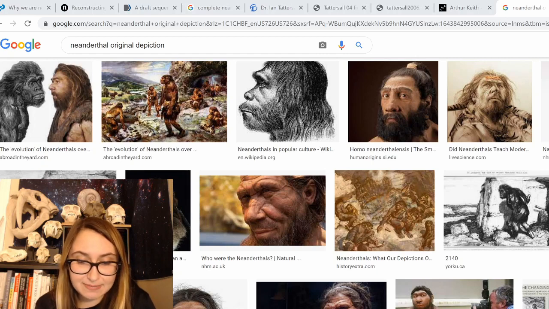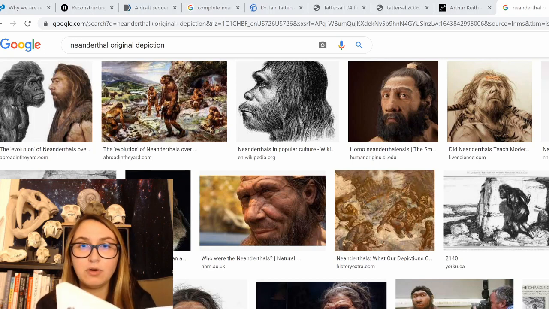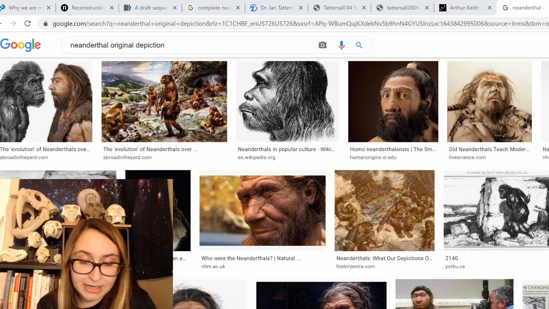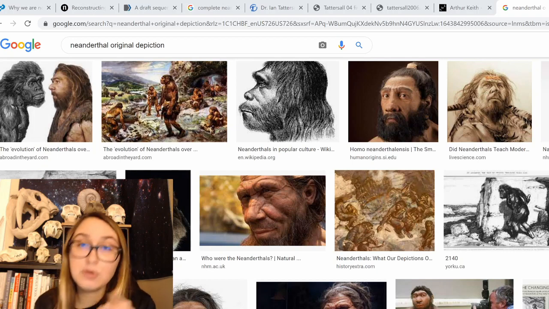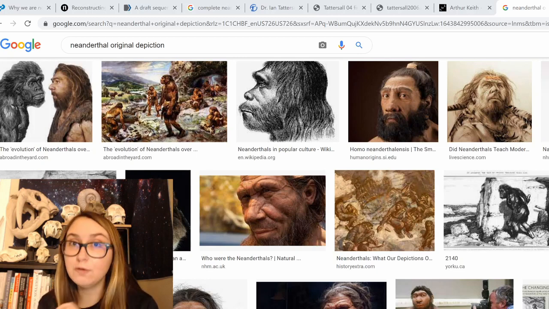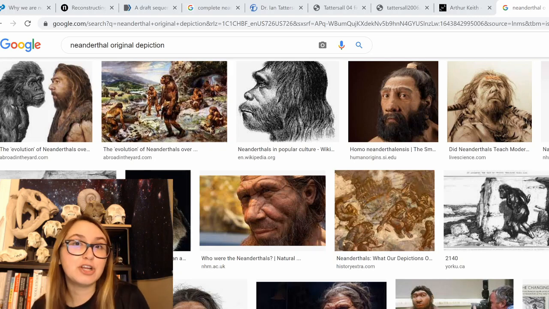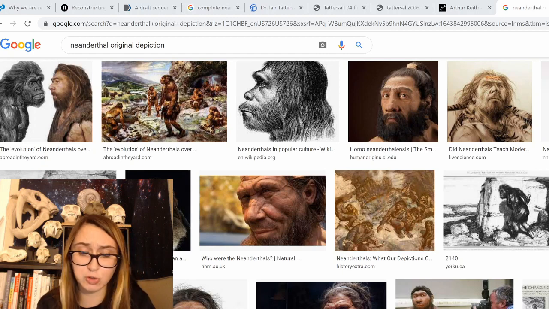The biological species concept, I put aha, is the most widely accepted definition of a species and was developed by Ernst Mayr. Ernst Mayr, the same Ernst Mayr that we've already dunked on in this text, that Sanford and Roop don't like. Okay. The biological species concept states that if members of the same or different populations are able to interbreed and produce fertile progeny, then they are considered the same species. Stop. We don't know that all hybrids between humans and Neanderthals were fertile. We don't know that, right? Perhaps the 1 to 4% is more ancient, earlier, closer to the human-Neanderthal split. However, since Neanderthals are no longer living, the biological species concept did not seem directly applicable.